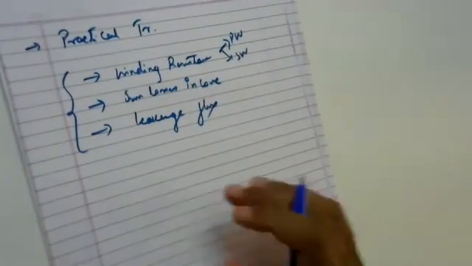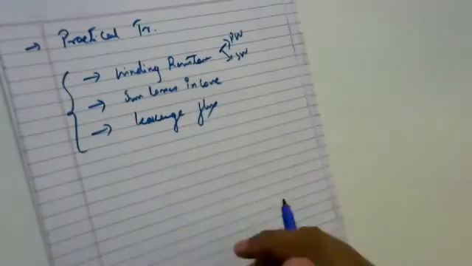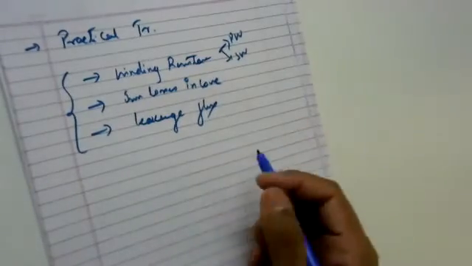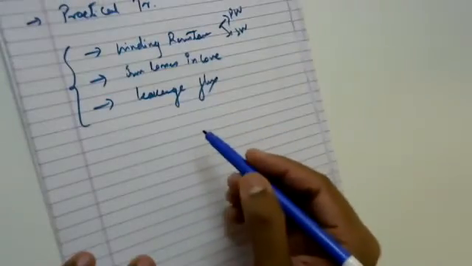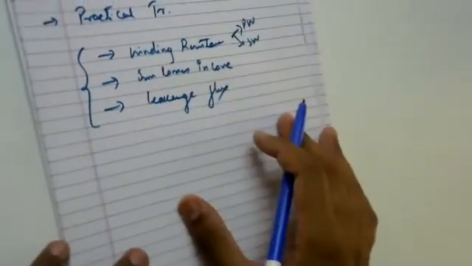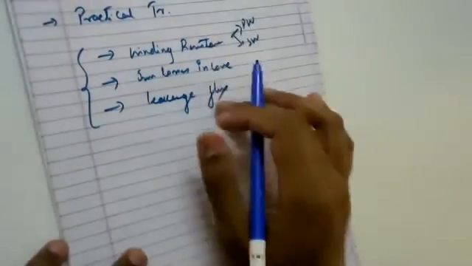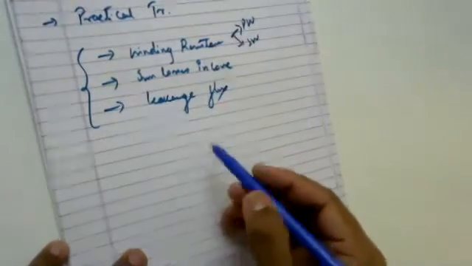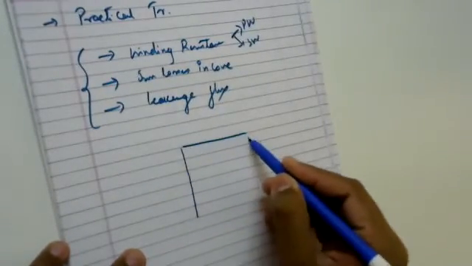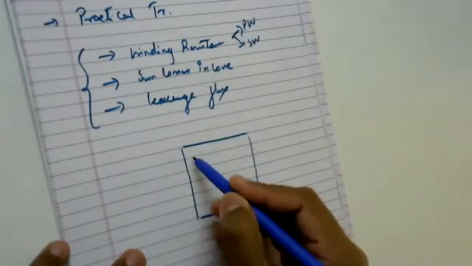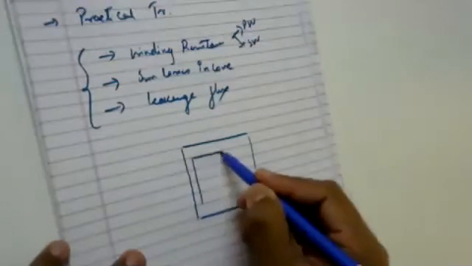Okay. So we'll build once again the circuit, and we'll try to understand what this concept is about. First I'll draw the simple diagram, and then we'll make the changes in the diagram as per our statements. Let me say that I'll be having first the magnetic core, which is made up of silicon steel. So this is the magnetic core.